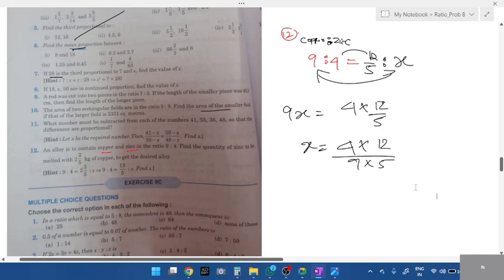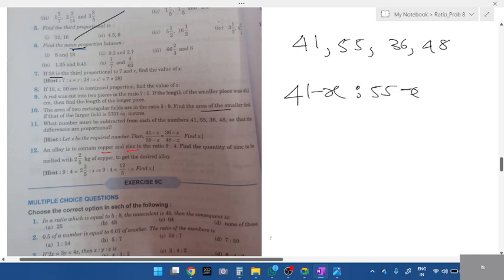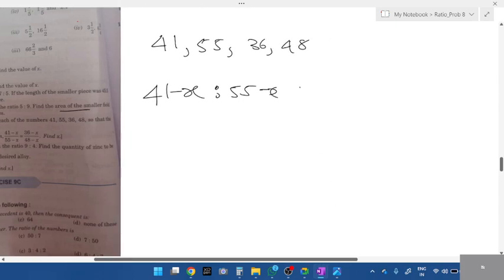Completed? Done? Okay. 11th question. What is given, students? What number must be subtracted? What is the ratio given? 45, 55, 36 and 48. If what number should be subtracted? Add or you have to plus or minus? Respond. 41 minus x is to 55 minus x, with everything we have to subtract, minus, students, is equal to 36 minus x is to